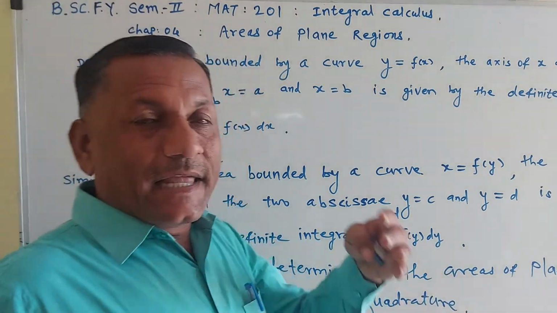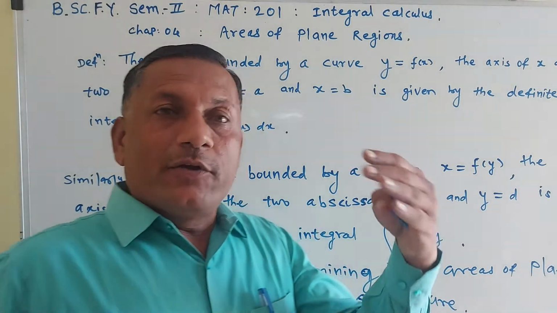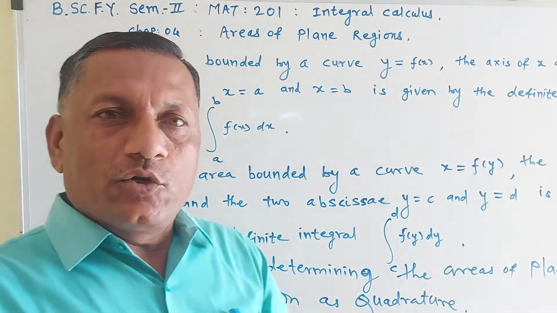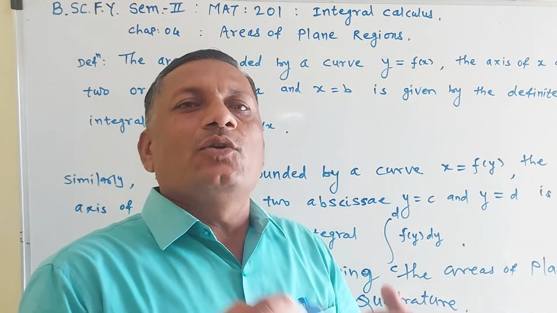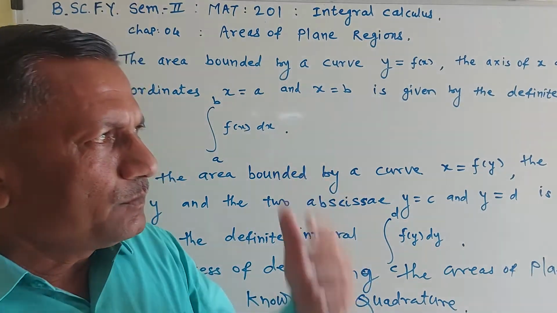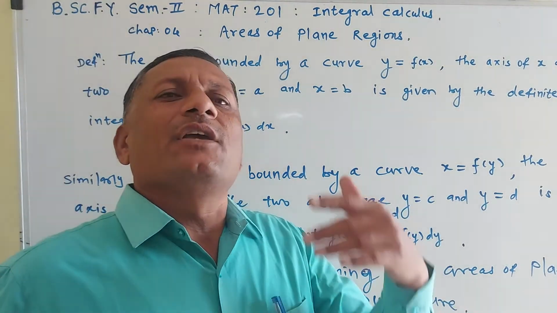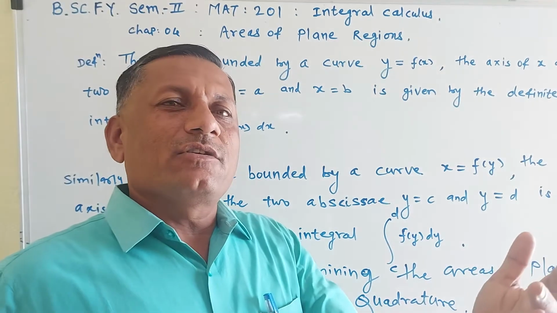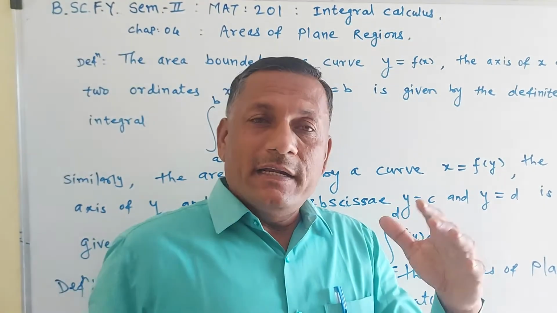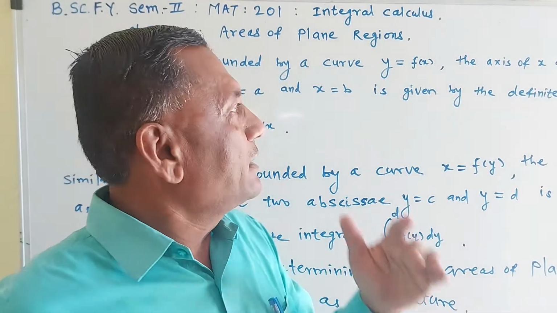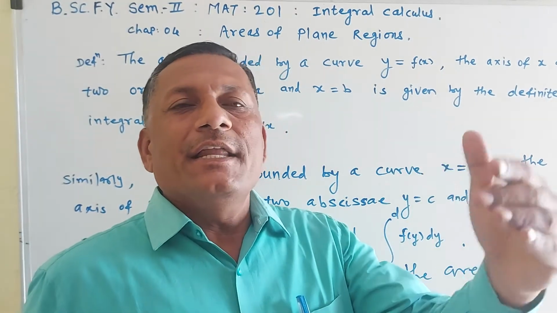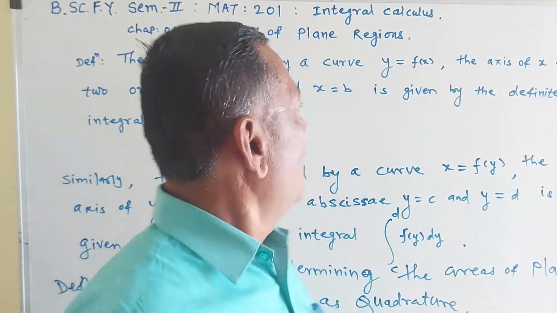Now you have to find the area bounded by a curve. The curve is of the type y is equal to f of x, or x is equal to g of y, or x is equal to f of y, any terms. Or you know the equation of ellipse, parabola, hyperbola, cardioid, cycloid, and from that you convert it in the form of y is equal to f of x or x is equal to g of y, and you find the area bounded by the curve.